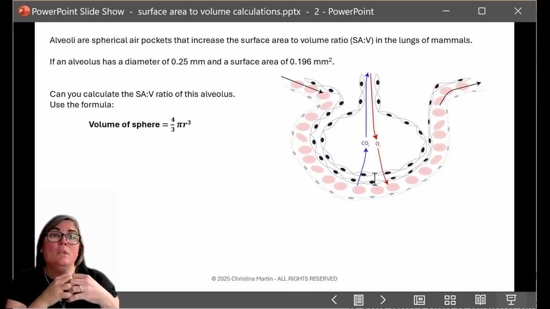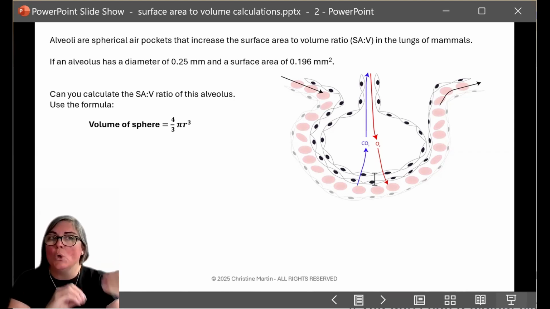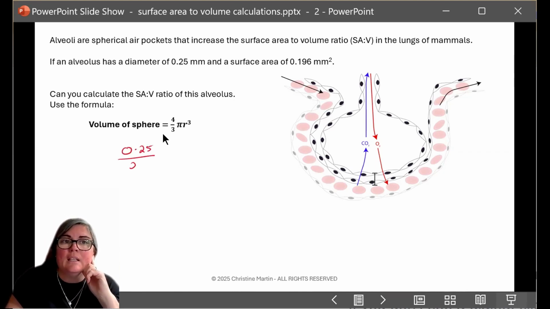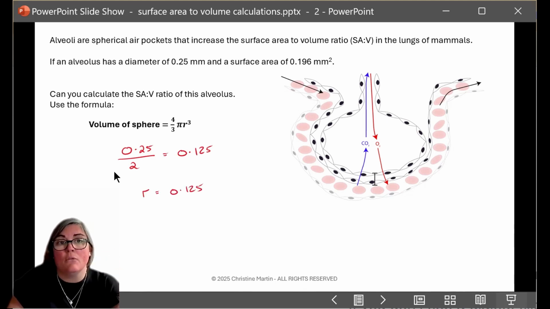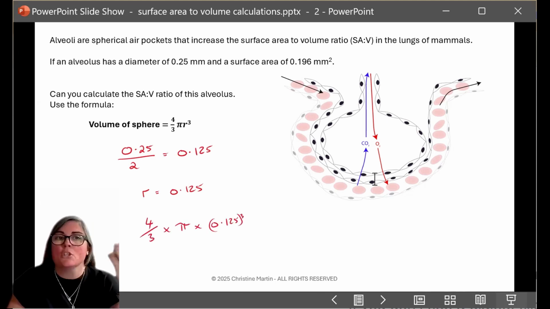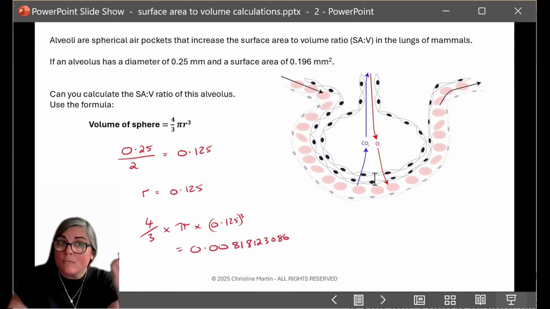they want us to calculate the surface area to volume ratio of this alveolus, and they've told us that we need to use this formula, which is the volume of the sphere is 4/3 pi r cubed. So the first thing we need to do then is calculate what our radius actually is. So we do our 0.25 divided by 2, and that gives us our radius of 0.125. Now we need to put that into the equation. So we know it's 4/3 times pi times 0.125 cubed, which will give us the answer of